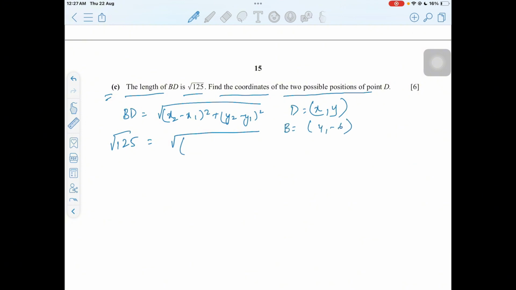So we have this x² as (4 − x) whole squared, or you can simply write it as (x − 4)². This would be much better because x would be positive over here. So this would be (x − 4) whole squared, and this would be (y + 6) whole squared, right? This square root and this square root would be cancelled out, so we get our answer as 25x²